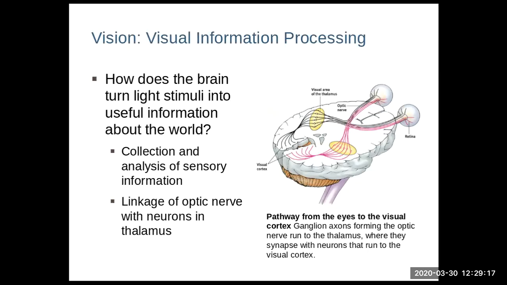Once the information leaves through the optic nerves, as you see out the back of the eye, it heads to the brain, and what you see is that it crosses over before it goes to that area of the brain we call the thalamus. So the point where the axons cross over is called the optic chiasm. Chiasm comes from the Greek letter chi, which is an X. Optic chiasm is just the point where the fibers or axons of the optic nerve cross over, and it makes an X, as you can see.